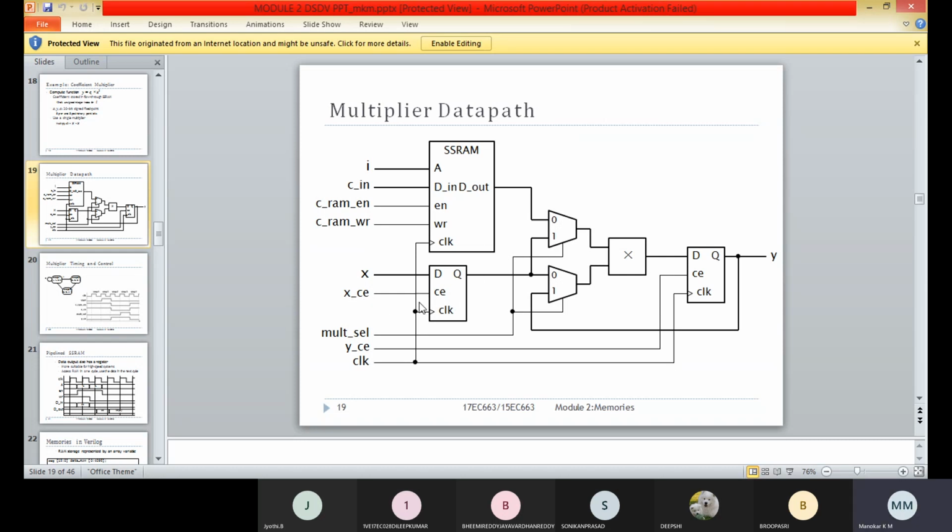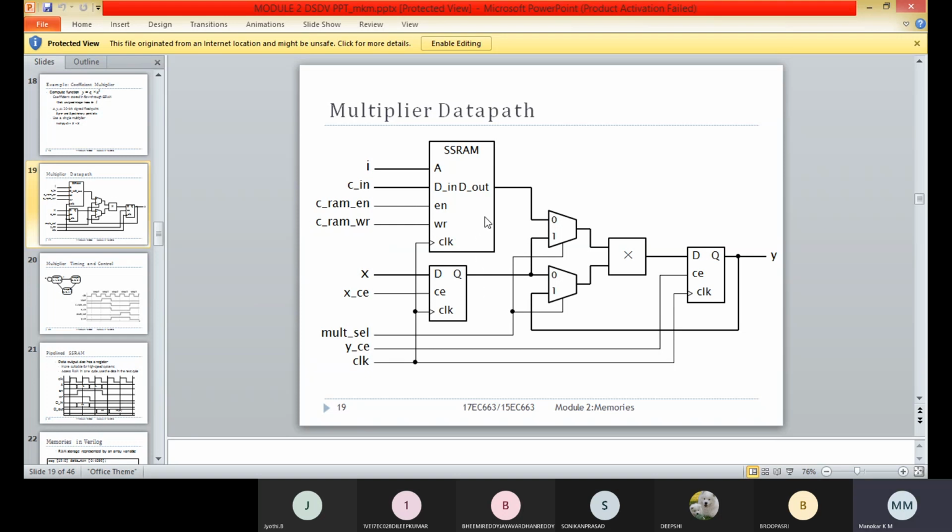The control signals of all of them will be controlled by the control path, by the control section, and the values required for the operation of this data path will be applied by the control section.